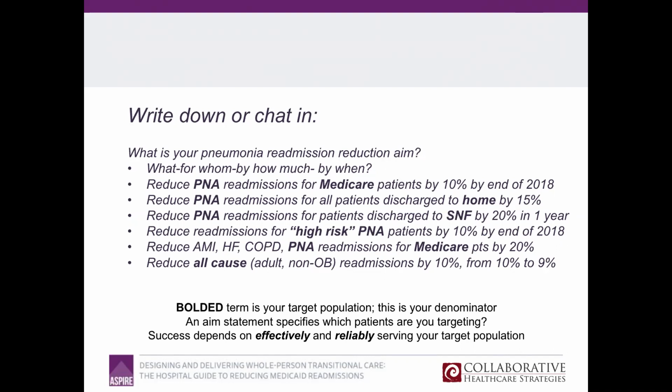So Brian pointed out that his goal is to reduce Medicare pneumonia readmissions to 0.7 for an observed-to-expected rate by September of 2018. So that's a really short time frame. Again, Brian, I'm sure you're well underway in your work. That's just in the next 4 or 5 months to hit that goal. So very helpful. Good.